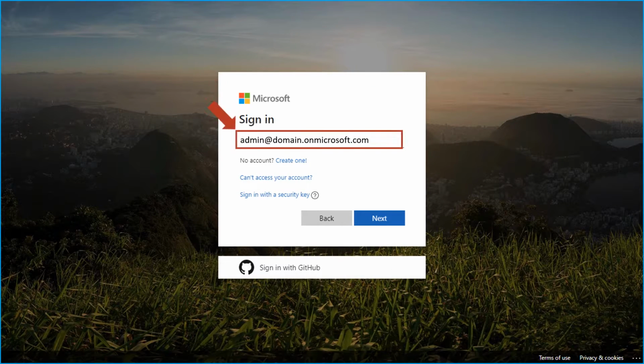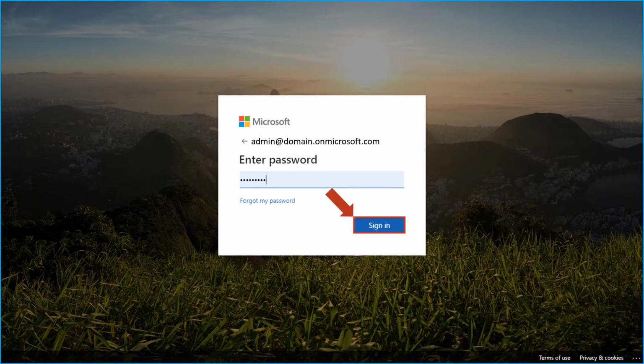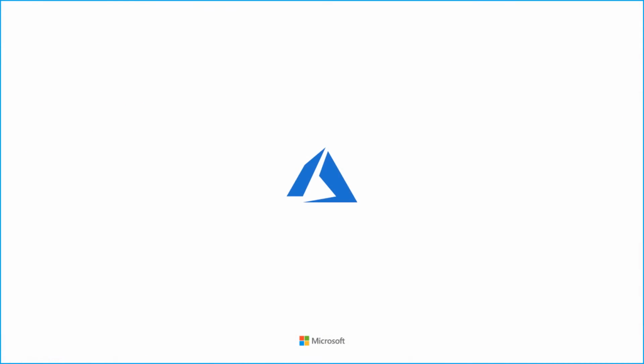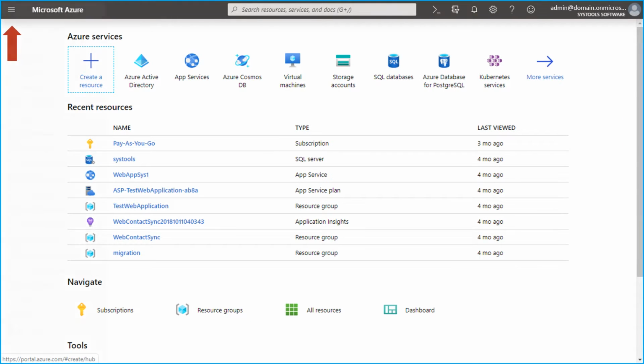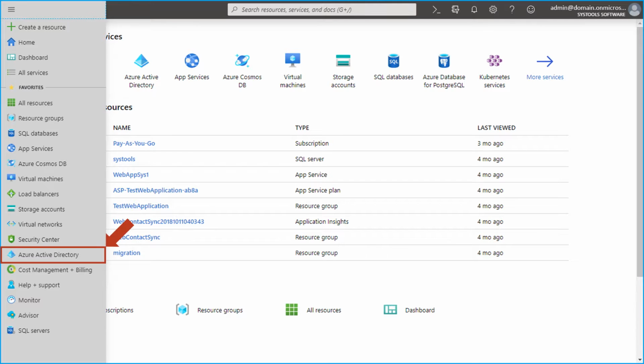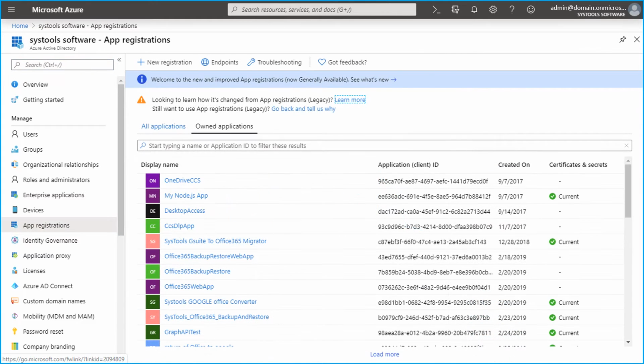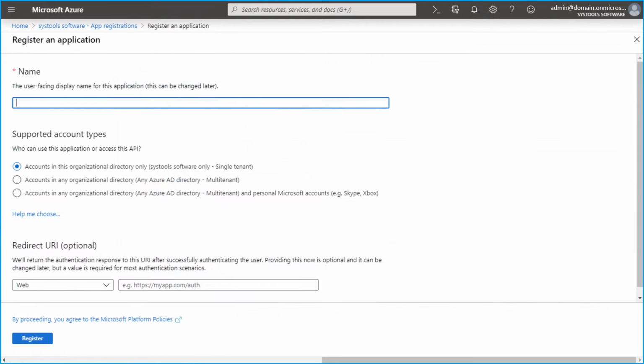First of all, you have to go to the Microsoft Azure portal, and sign in with admin account. After successful sign-in, select the portal option from the top menu bar. Then select the Azure Active Directory option from the left side menu. Then choose Apps Registration option from the Manage section, and then choose the New Registration option to register an application